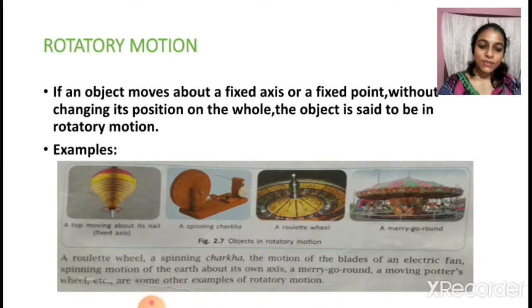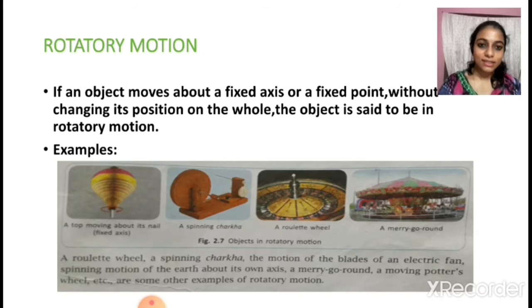Good. So we will start with the next topic, rotatory motion. In this chapter we are discussing the different types of motion. In the previous video we discussed what is rest and what is motion, that rest and motion are relative terms, and what the types of motion are. And we have discussed what is translatory motion and its types. The types of translatory motion are rectilinear motion, curvilinear motion, and a special case of curvilinear motion is circular motion. Now we are moving on to the next type of motion, that is called rotatory motion.